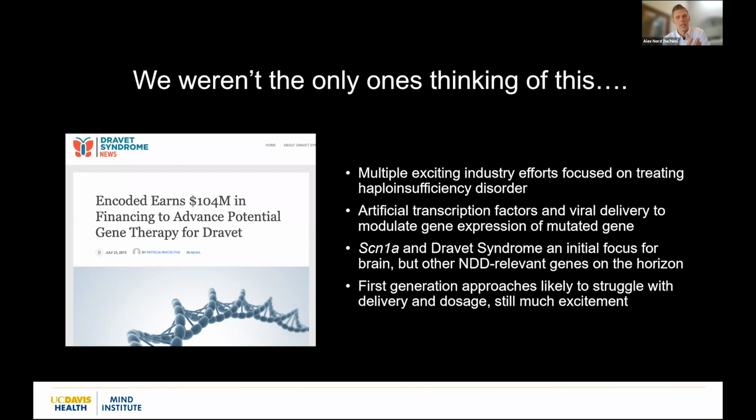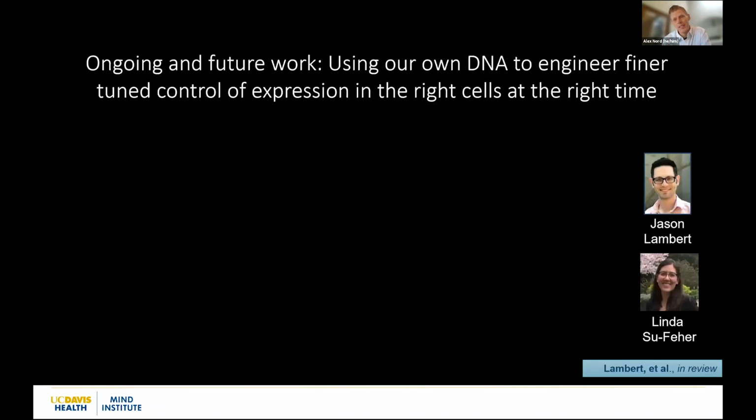Our cells in the body have thousands of genes that are involved in gene expression regulation. The current first generation artificial transcription factors are just turning up the dosage, trying to get it raised, but it's likely that we need precision regulation to really get an effective response. So we shifted our focus at that point to target this idea that we need precision. If we're going to rescue haploinsufficiency, we need to rescue it by increasing protein production to the right amount